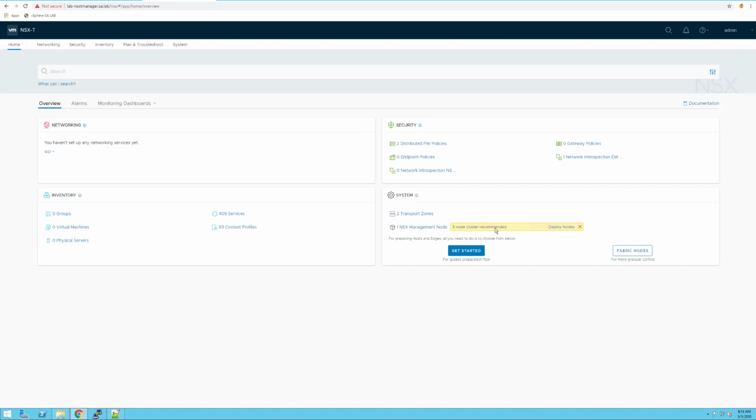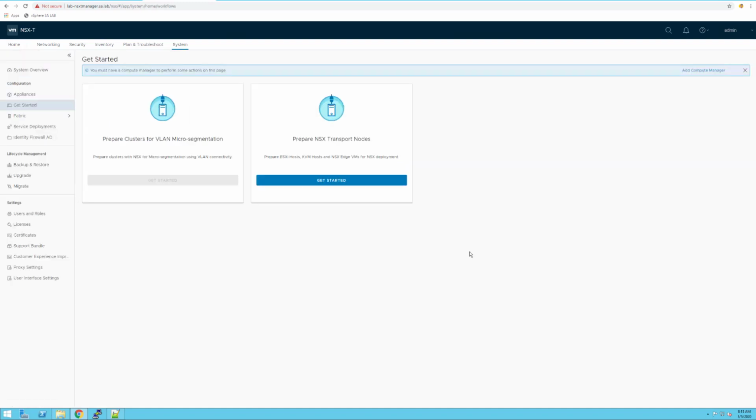But in a production infrastructure you will have to use the best practices and deploy 3 nodes for the NSX Manager. Now if we go with the get started button, VMware offers a nice flow, and first we'll add the